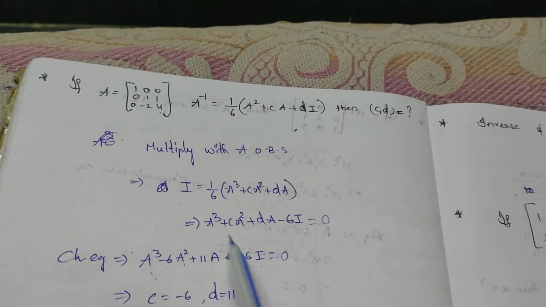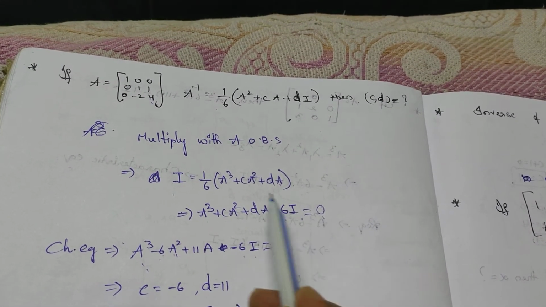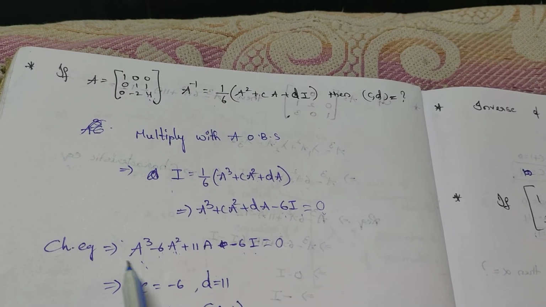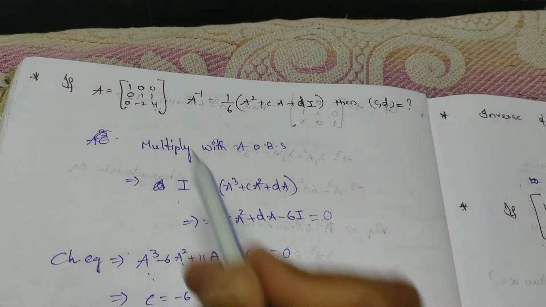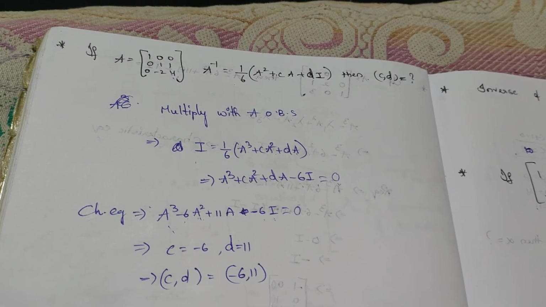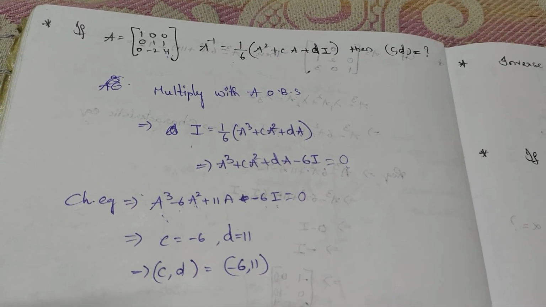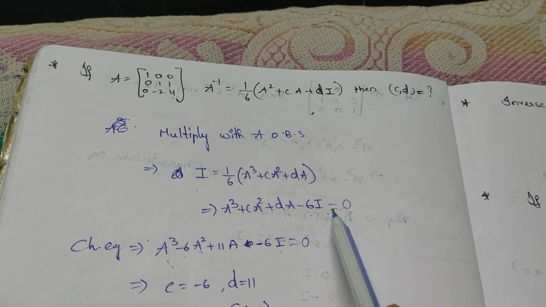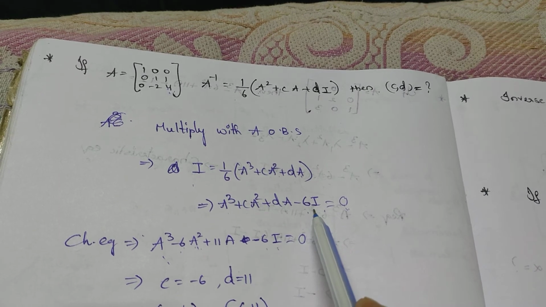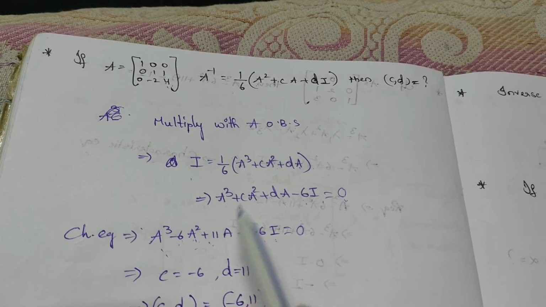See, this is one of the equations in terms of A, and this is equal to O. It is also the characteristic equation of the given matrix. Every matrix satisfies its characteristic equation. So here A satisfies this equation, and here also A satisfies this equation. This is the characteristic equation. Then both are nothing but characteristic equations only.